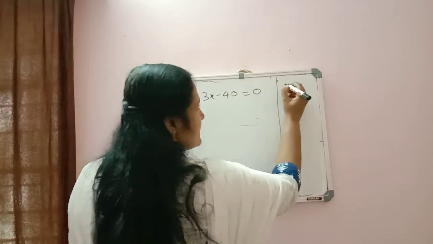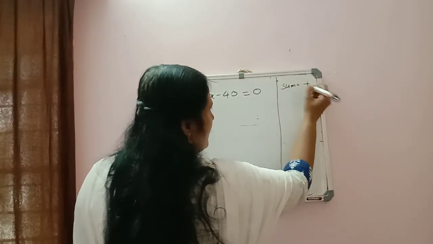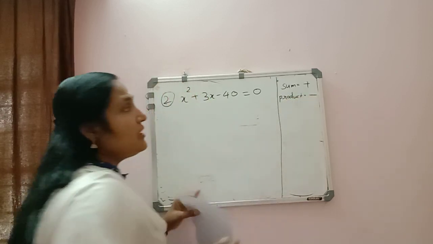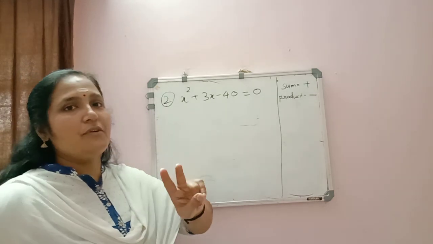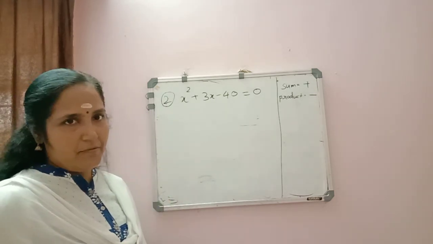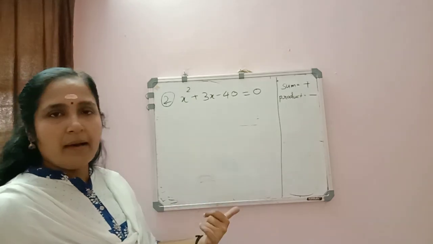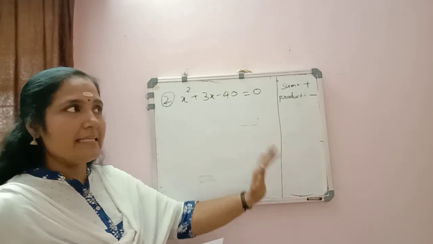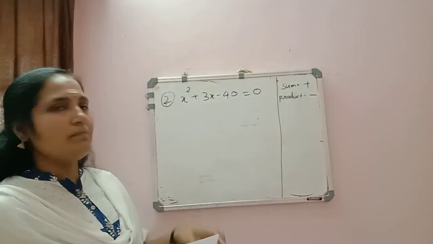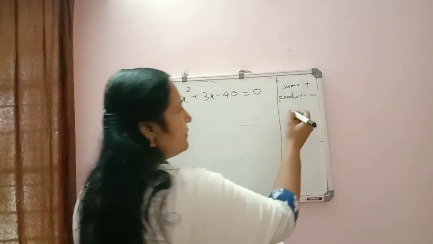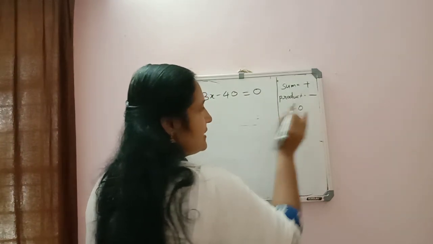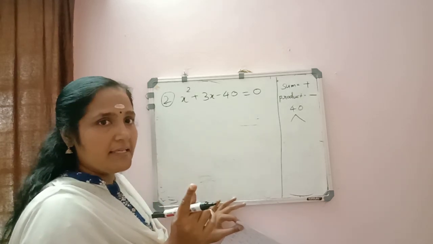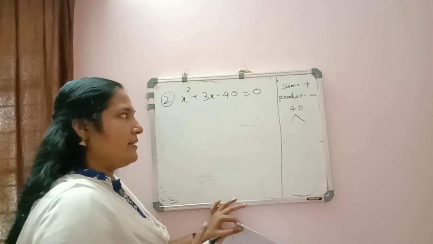Now we will check. Our sum is positive, but our product is negative. Product will come negative when, out of the two numbers, one number is negative. So if one number is negative and one number is positive, then we have to do subtraction. When we check the numbers, we will check that the subtraction of two numbers should be equal to 3. So how will we do it? Just check the factorization of 40. Just remember that we don't have to do addition. Now we have to do subtraction because one number is positive and one number is negative.